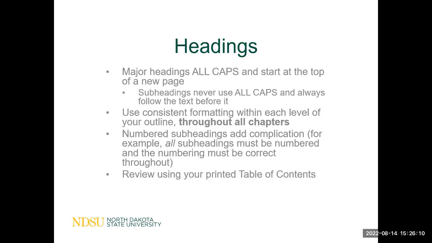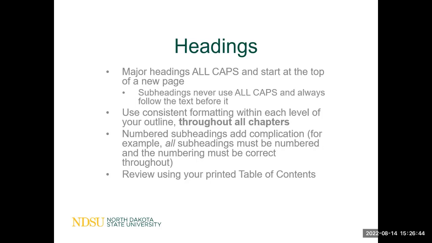I mentioned numbered subheadings. They're great in a lot of instances, but just keep in mind they add complication. For example, if you have subheading 1, 1.1, and then level 3 is 1.1.1, just imagine if you have 7 levels in your outline. That's going to be a little bit more complication. So you're going to want to weigh that. Some programs will require it. There are some places where you're going to be writing where the expectation is that they're numbered. But you just want to make sure you weigh the pros and cons before you decide whether you're using numbered